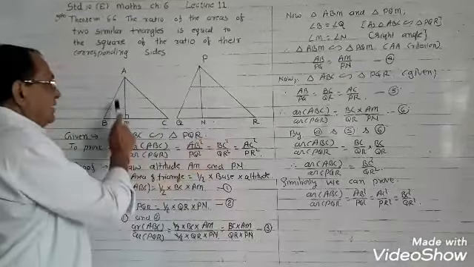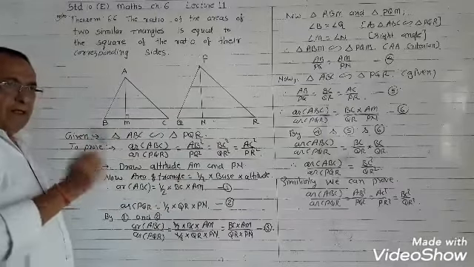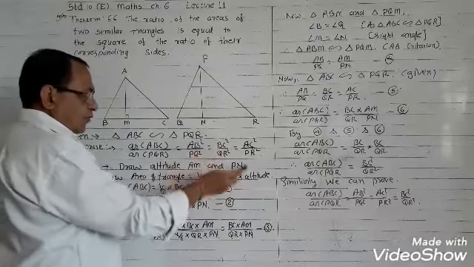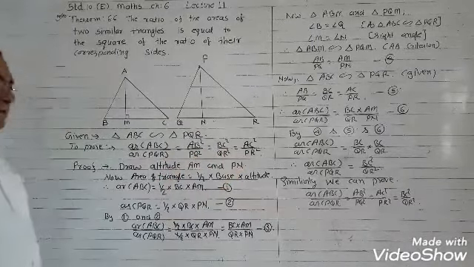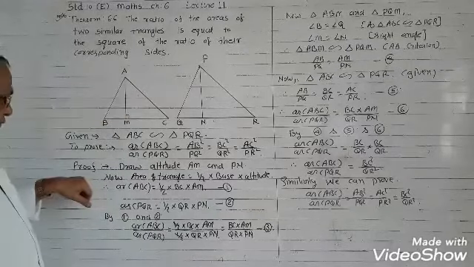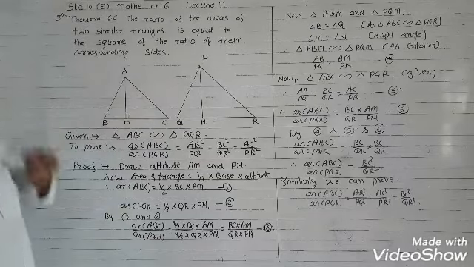Okay, if triangle ABC is similar to PQR, then the area of triangle ABC and PQR, be careful, since it is area, it becomes a square. Is it clear? Similarly, in our excitement we may write only AB upon PQ and then our sum comes out wrong. AB square upon PQ square, BC square upon QR square, AC square upon PR square. Okay, so to find this proof, to find the area of this one, we require the altitude.